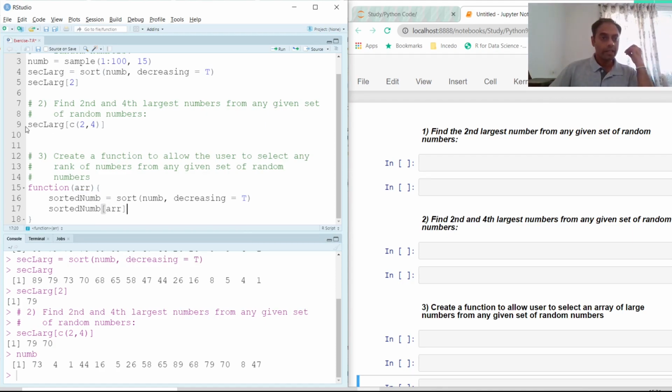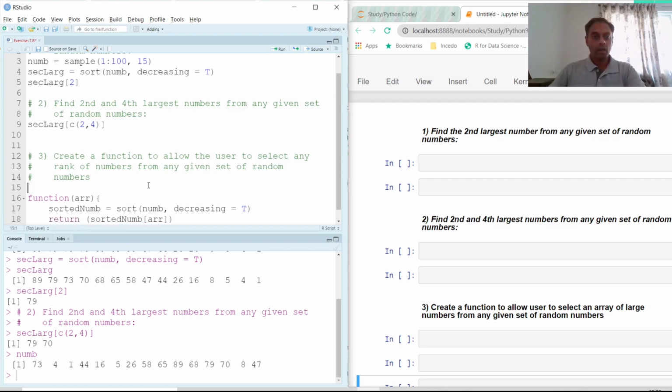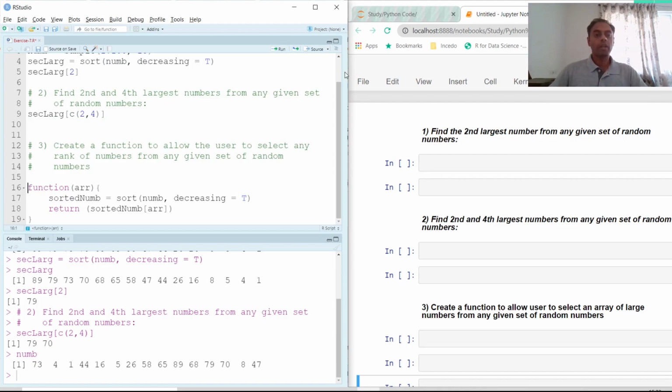So we are interested in this, right? And that is what is being displayed over here. So we have to return this array. So what we have to do here is, we have to use the return statement, and we have to pass this inside the brackets. And now every function should have a name. So what name can we give here? User defined. Let us give a name which indicates that let the user define how many numbers he wants.